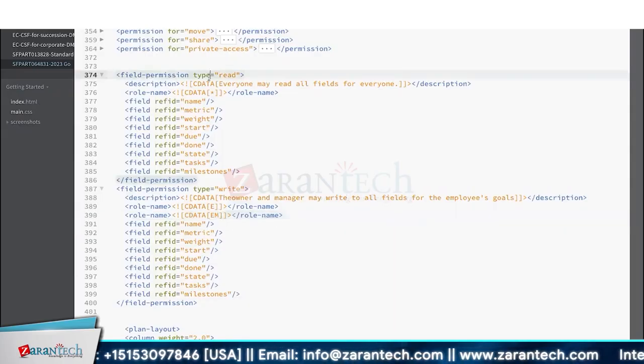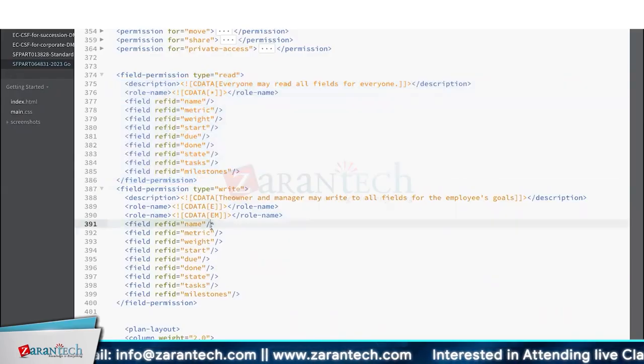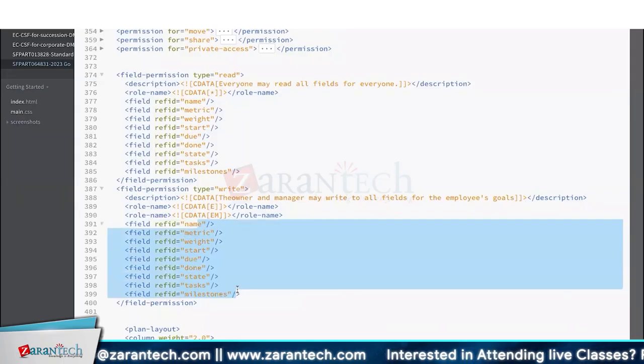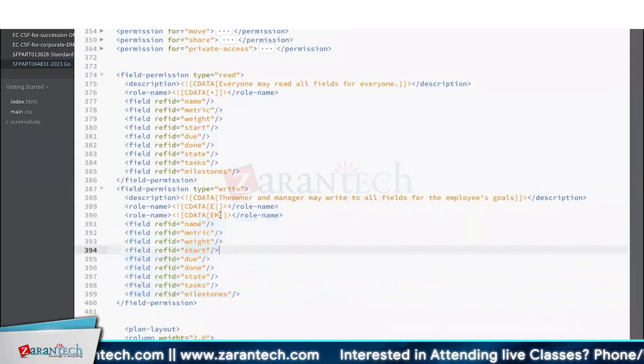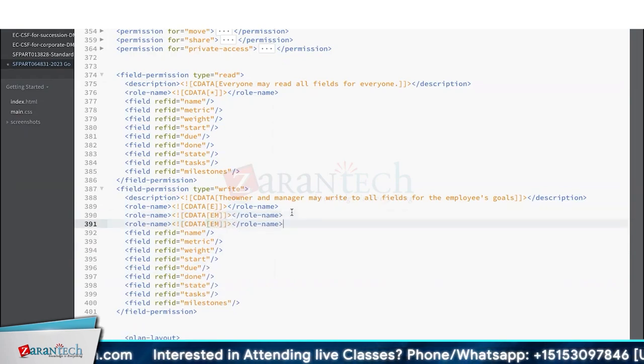So the first one, mostly that will be applied for everybody. Every customer will mostly accept having access to read the goals on every field. But when it comes to edit, only two roles will have access. In a company, if only the employee should be creating the goals and the manager should not, they'll remove this EM. Or else, along with employee and employee manager, if HR can also create a goal, they can add one more role